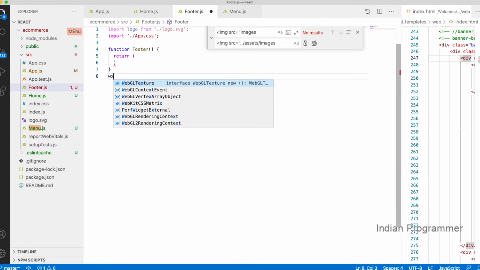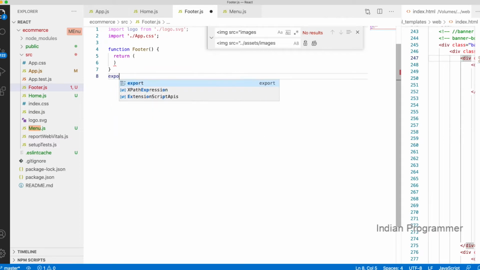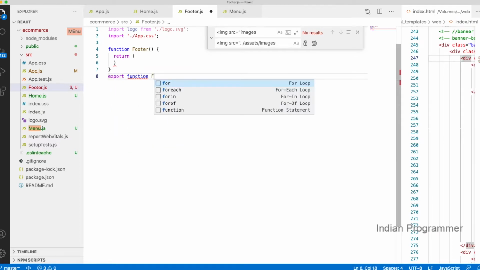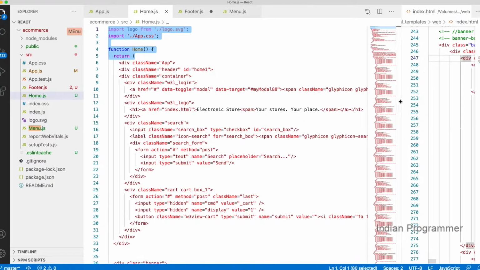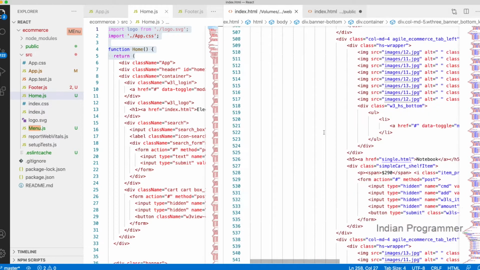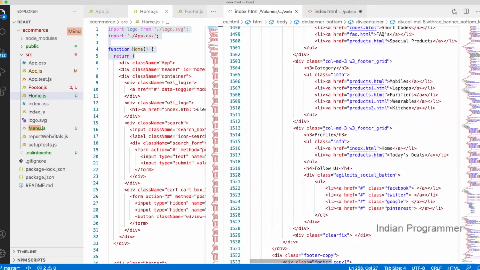Export function footer, correct. So in this footer, what I'm going to do is copy the footer content.